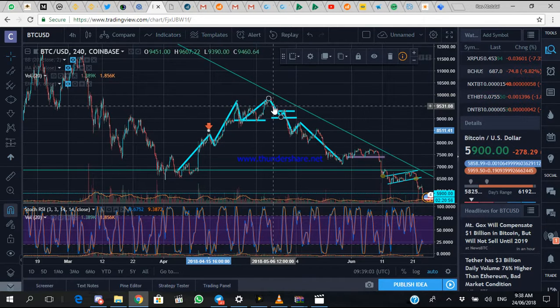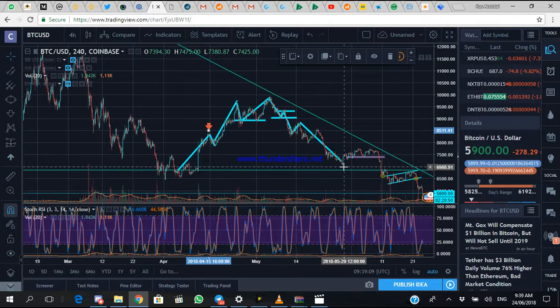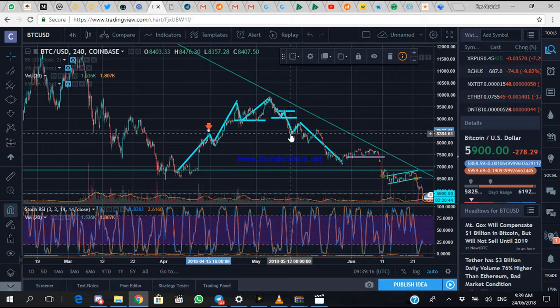So this is actually the correction down. That is the A, B, C pattern. So actually you can see the A, B, C pattern here. Sorry, this is the A, B, C pattern here. A, five here, A, B, C. Yeah, A, B, C